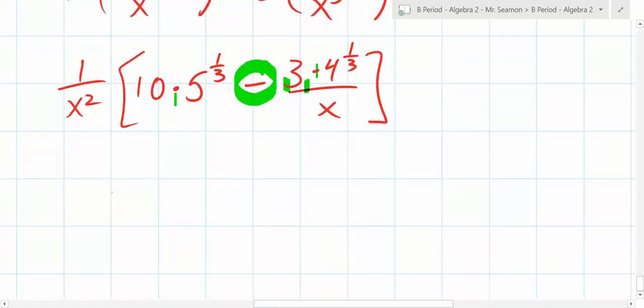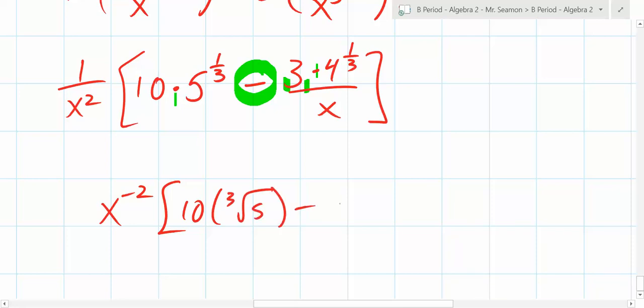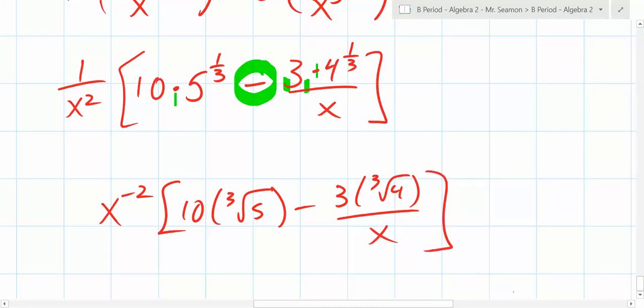Not really. You could write it as x to the -2 times 10 times the cube root of 5 minus 3 times the cube root of 4, all over x. It's kind of ugly, but this is as good as you can get. There's nothing else you can really do to that. This is just an exercise in playing around with